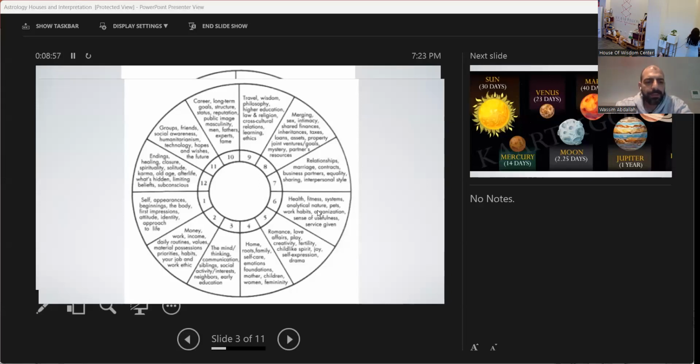Okay. Yeah. All right. Then you've got house number 6, which is health, fitness, systems, analytical nature, pets, working habits, organization, sense of usefulness, and service given. Now, look at how this house number 6 is overlapping with house number 2, right? Like it's very close if you're looking at it. But in reality, in house number 6, these are things that you're now acquiring, while in house number 2 is how you inherited, right? So again, when you're interpreting a chart, make sure that if it's things that are in house 1, 2, 3, 4, that you're kind of still like, these are okay